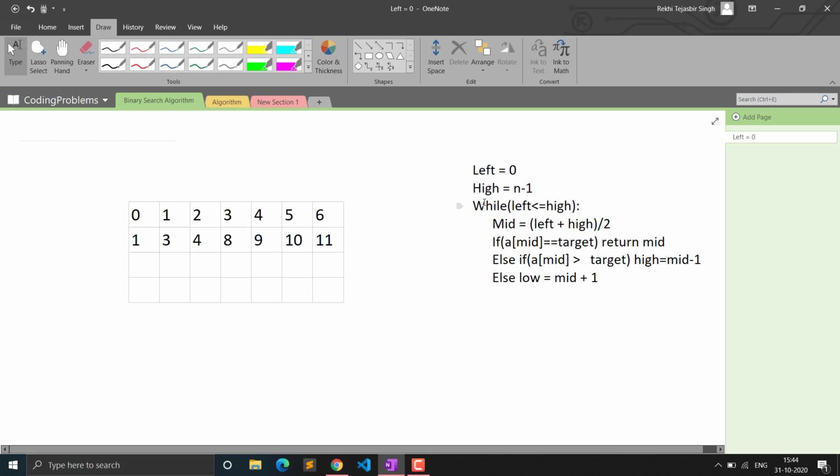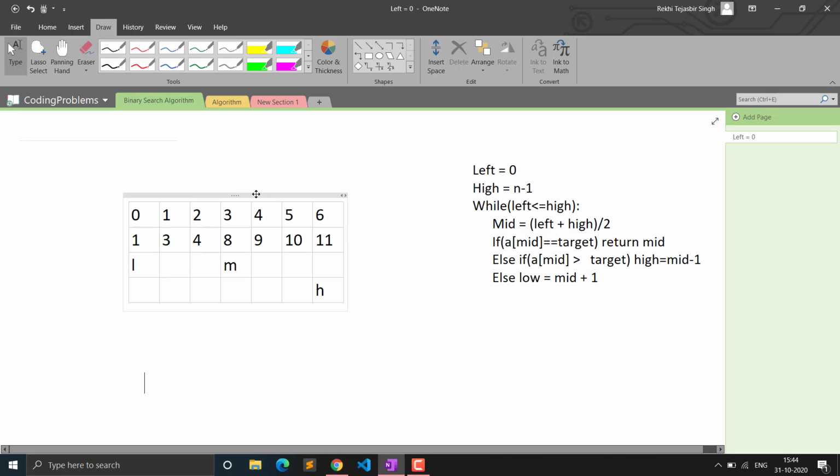So what is actually a binary search? Binary search is basically where we have the left and high pointers. Left will be initialized to the first index and high will be initialized to the last index, and we find the mid using this left and high. For example in this, if left is here and high is here, 0 is the index for left and high index is 6, so 0 plus 6 is 6, divided by 2 is 3, so mid will be 3, so mid will come here.